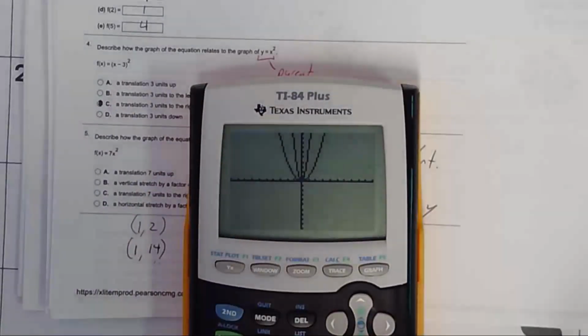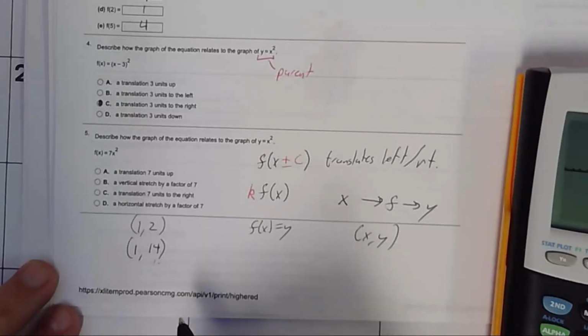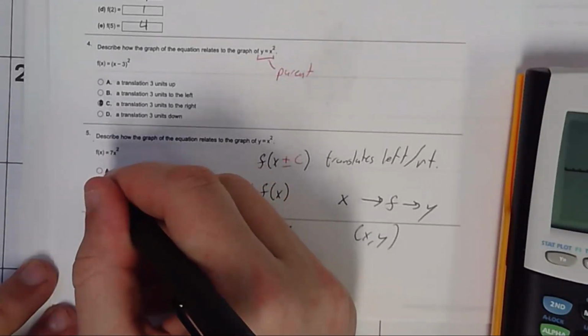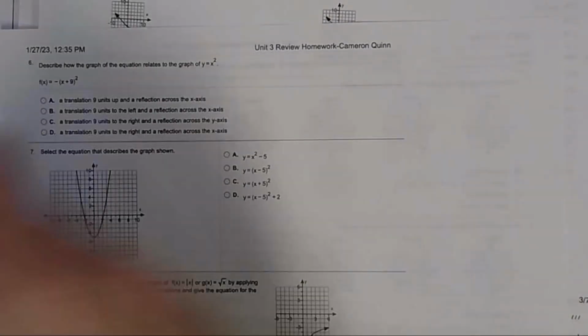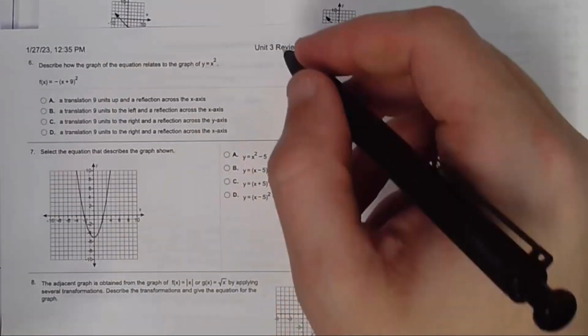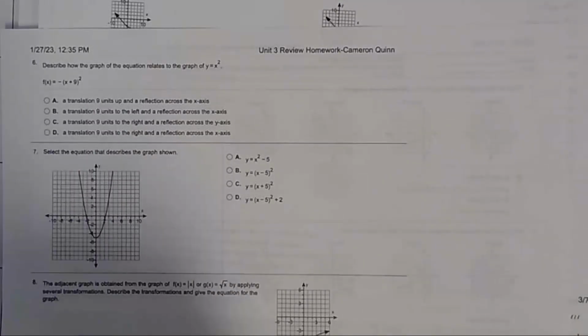But all of these y values get picked up by a certain amount, which we call a vertical stretch. So then we have to state the factor. The factor is 7. Now we know that numbers multiplied on the outside of the parentheses change your function in a vertical sort of direction. So if you have a negative